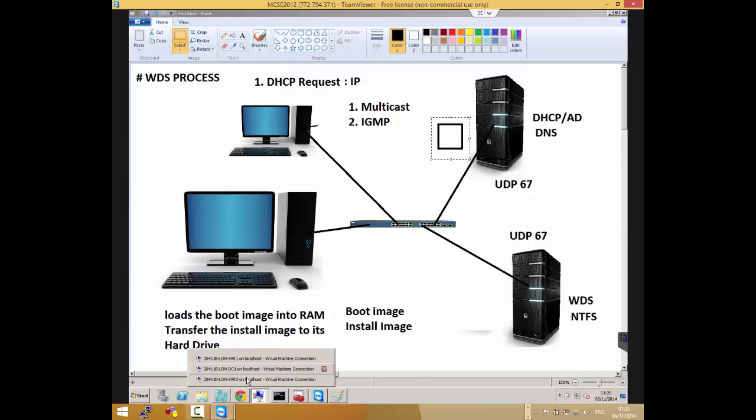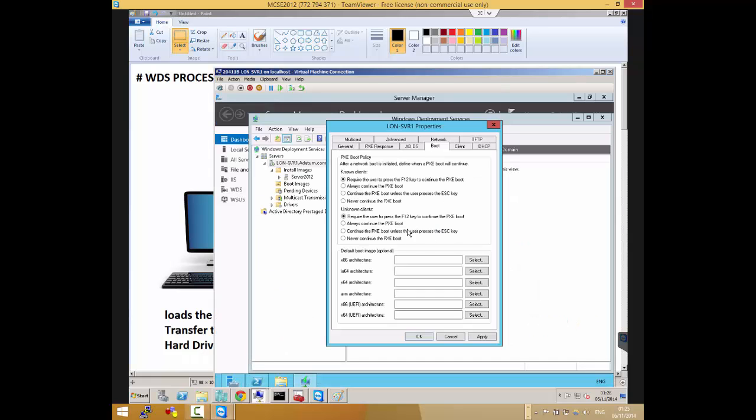Yes, in this one you can specify that it should use a boot image based on architecture. So if the machine is 32-bit, it can negotiate with WDS and say, "I'm 32-bit, I'm sorry, I can't use that 64-bit image, give me this image." It can negotiate different options with WDS. But if you use DHCP to specify, it can't negotiate, because DHCP is just giving it an option.